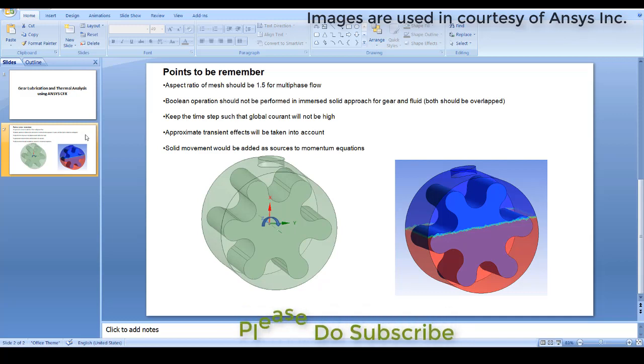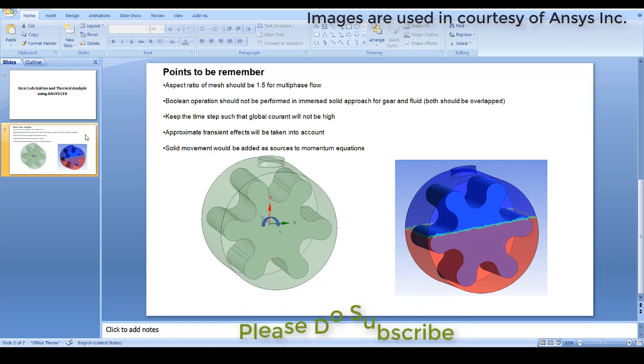The fluid which is in place with the solid carries the source terms. So you need not use any mesh deformation, which reduces a lot of computational effort, but it is still not as accurate as the regular transient analysis or deforming mesh that we do.